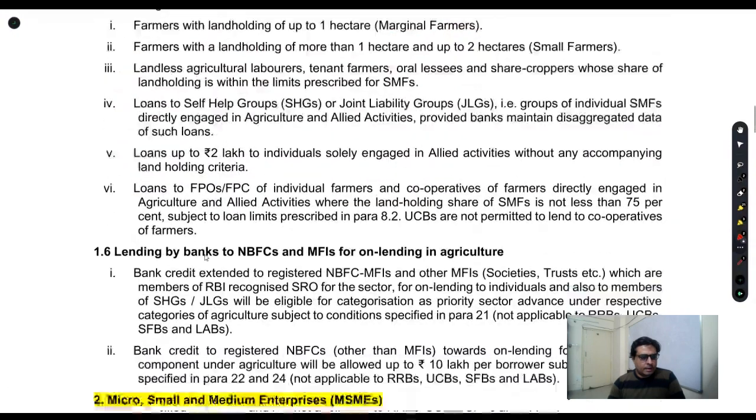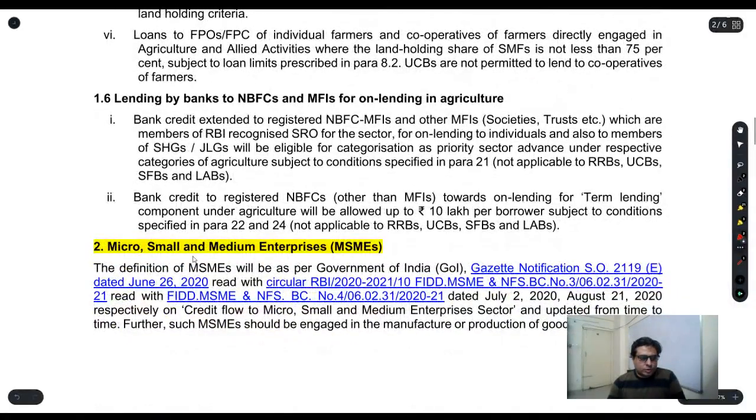Okay. Now micro, small, and medium enterprises also come under the category of